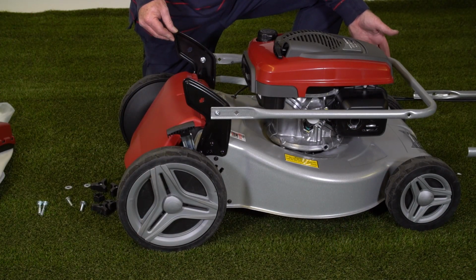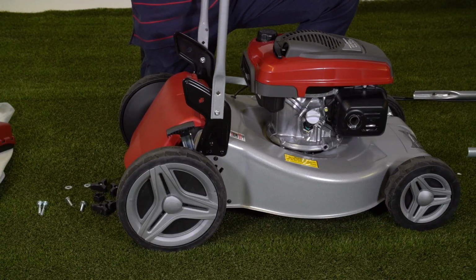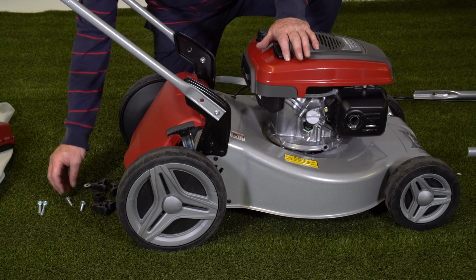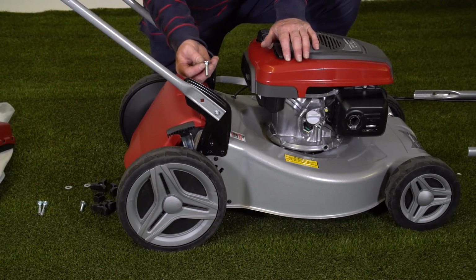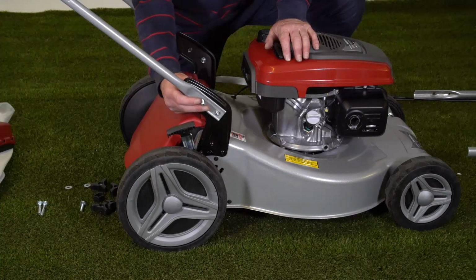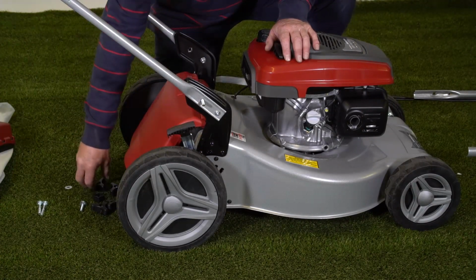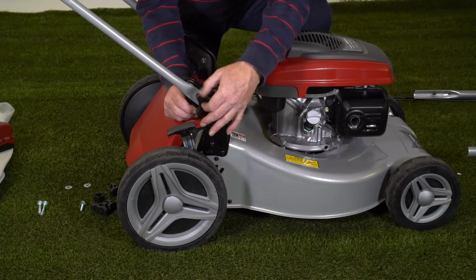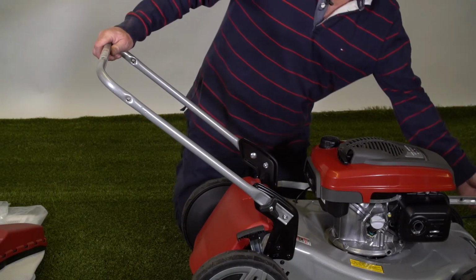The next part of the assembly process is to raise the lower handle up to here, and using the shorter bolts we thread those from the inside out and fix on one of these wing nuts, making sure we do it up tightly. Now we're going to fit the upper handle,